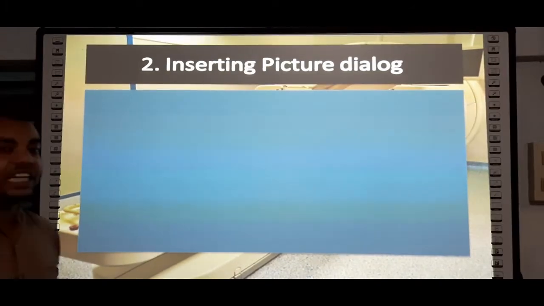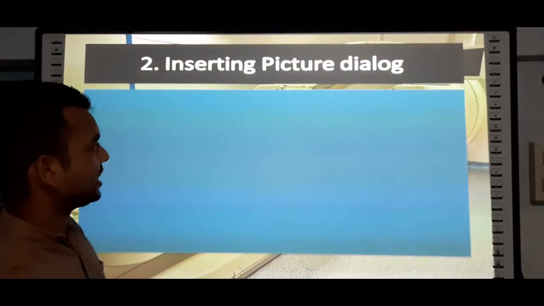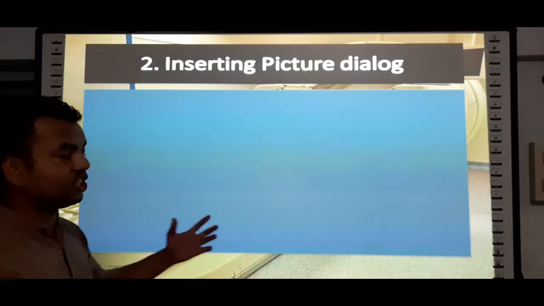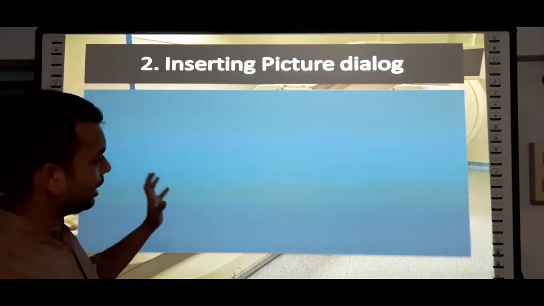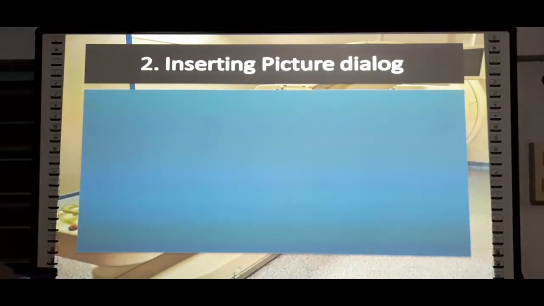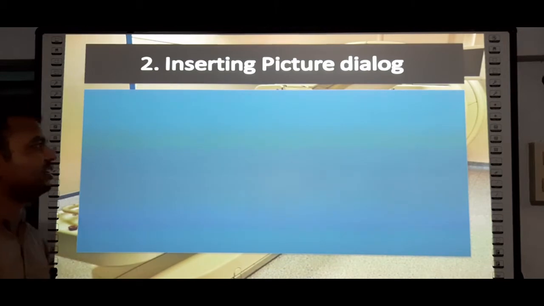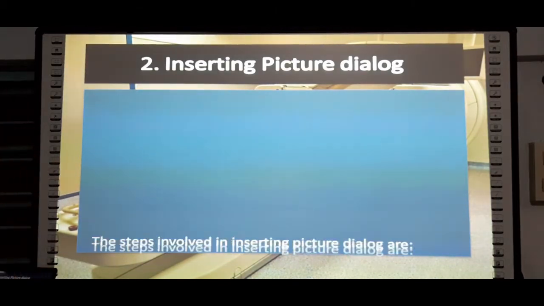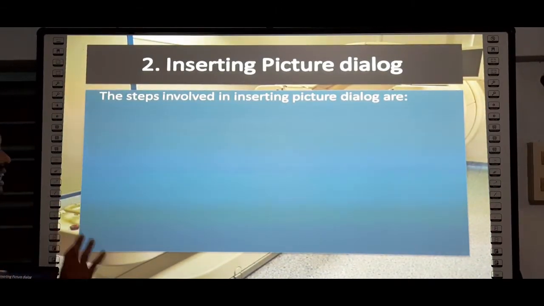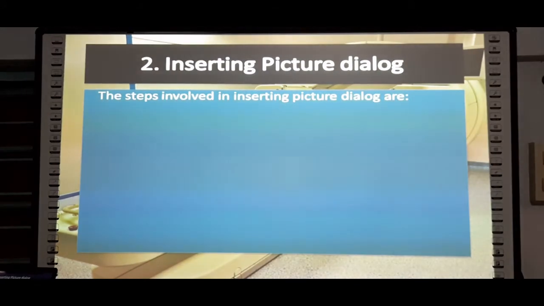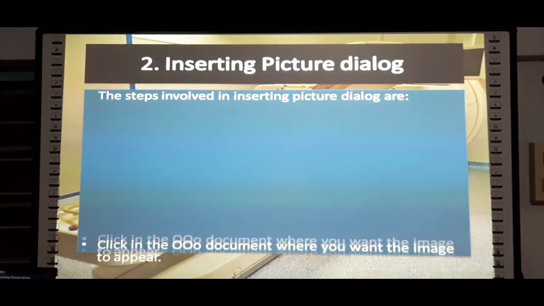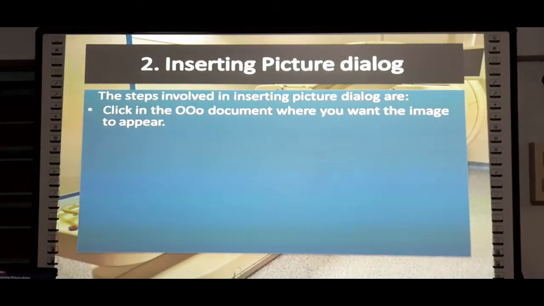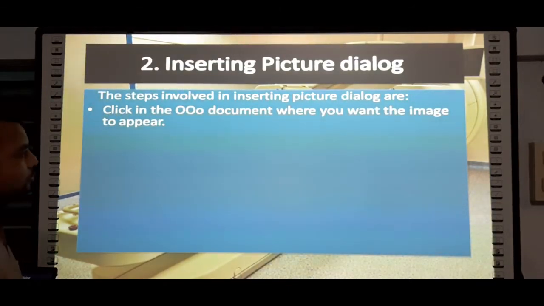See how we can insert the picture dialog. Let us come to the next topic, that is insertion of the picture dialog in our openoffice.org document. The steps involved are listed in front of you. So I will simply read it out, followed by the explanation of the same. The steps involved in inserting the picture dialog are: click in the openoffice.org document where you want the image